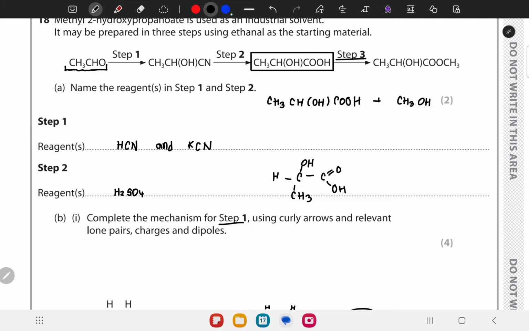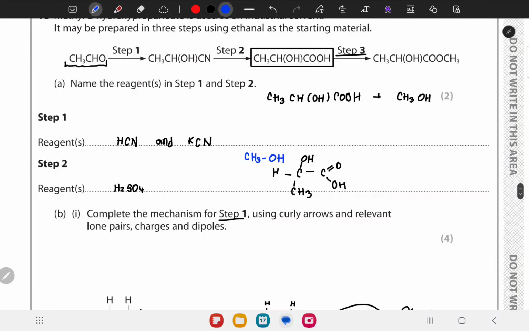We don't need that here. So it could react with other OH groups, so CH3OH. So this can react with 2-hydroxypropanoic acid to form other products as well. So for the other products,